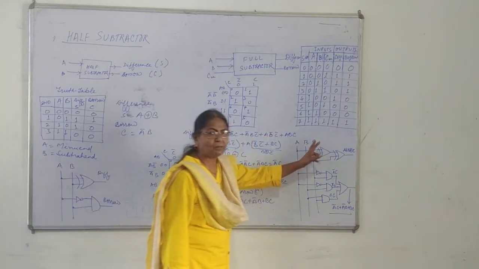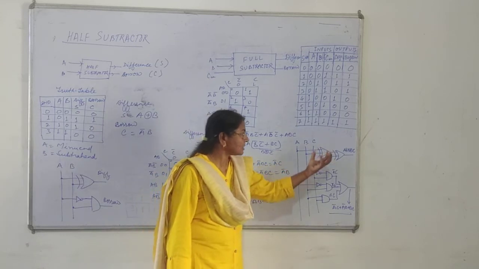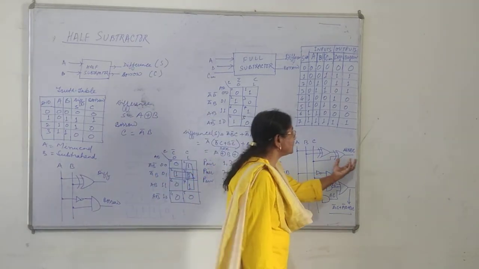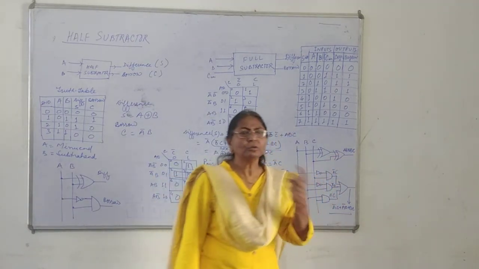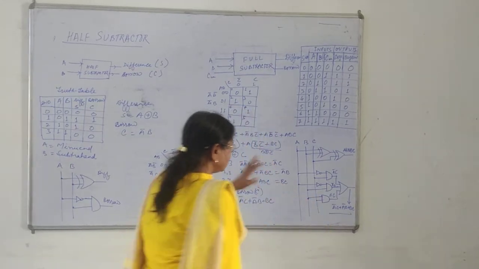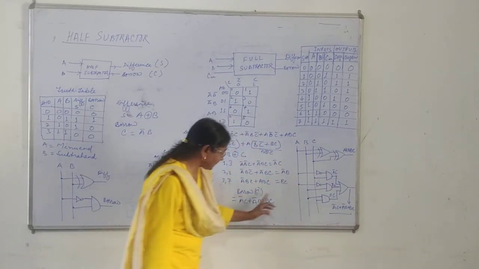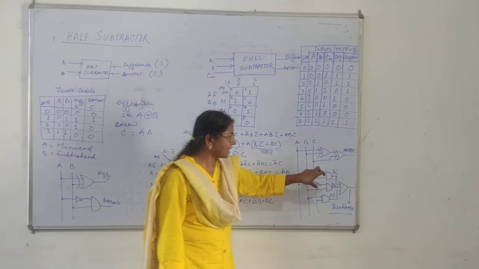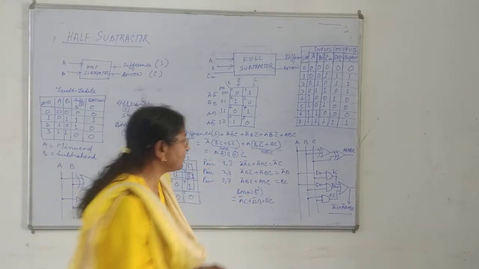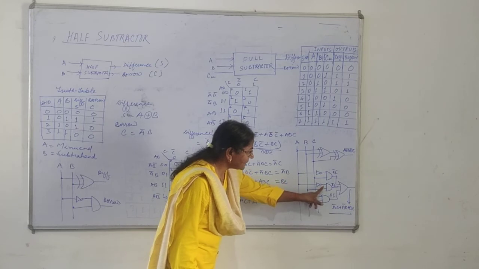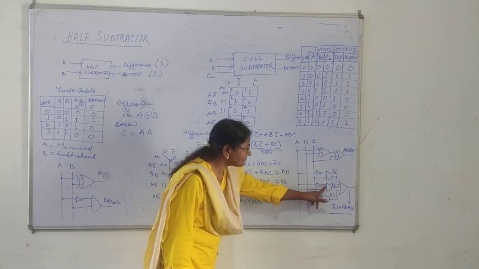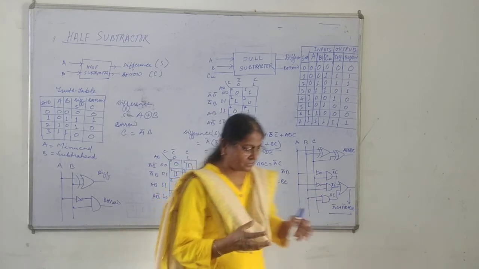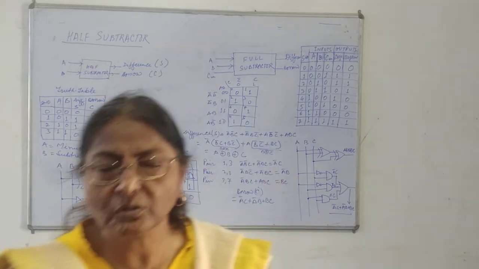A B C is the 3-input variable. Here I have used 2 exclusive OR gates, both having 2 inputs, and I have made a 3-input exclusive OR gate with the use of 2-input exclusive OR gates. Now I have used 3 AND gates for the borrow, and I have also used 2 inverters. We can minimize the hardware cost by using only 1 inverter, because here I have used A bar and here I have again used A bar. So we can connect it from here. This one can be connected to here. But the circuit will become cumbersome, so I have used 2 separate inverters.